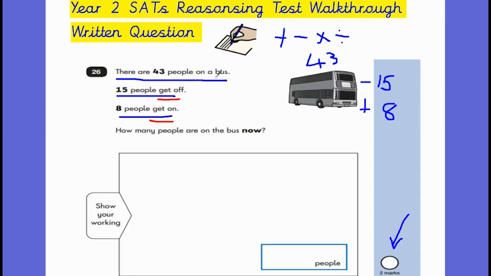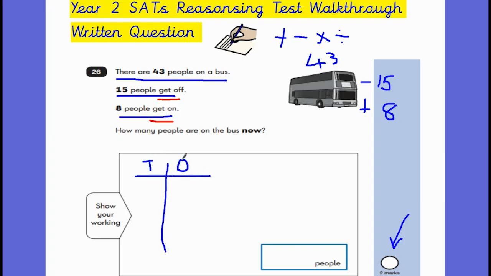So there are 43 people on the bus. We've got a picture of a bus here. We know we start off with 43 people on it. 15 people get off and 8 people get on. Now, for the children, they need to realize that if it says get off, it means that it's going to be taking away 15. And then with the second part, we've got 8 people getting on, so we're going to have to add 8. So let's start off with drawing a tens and ones grid